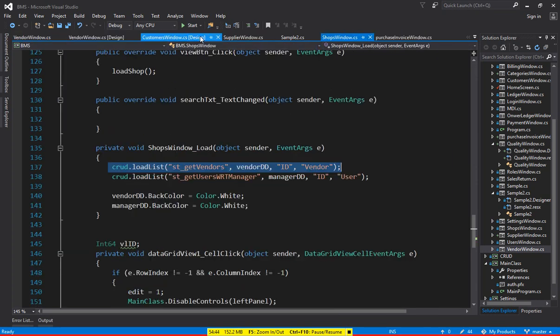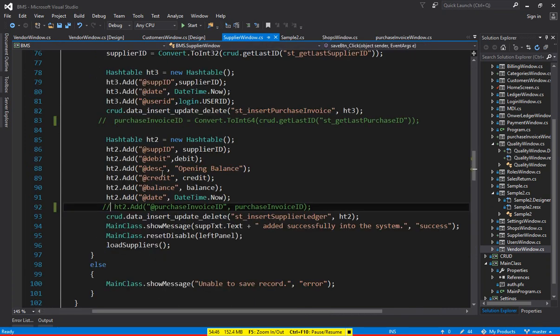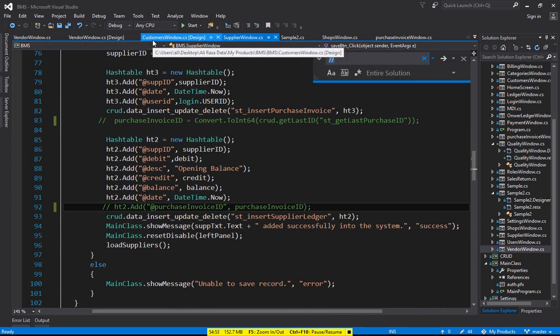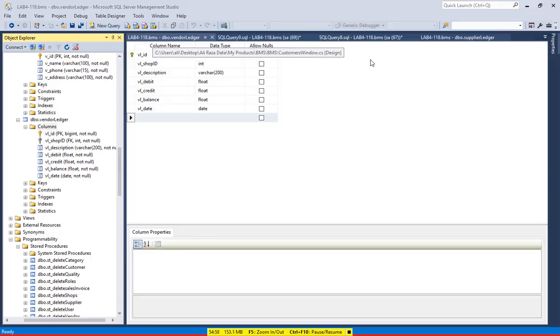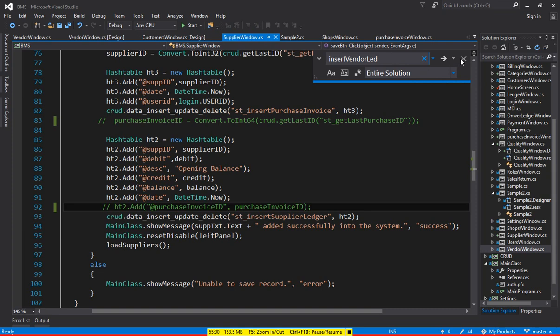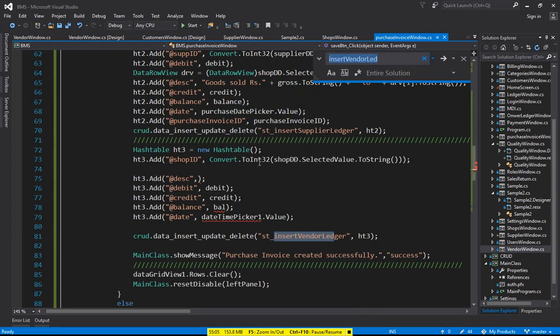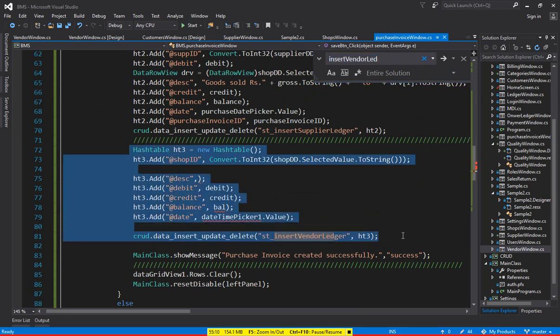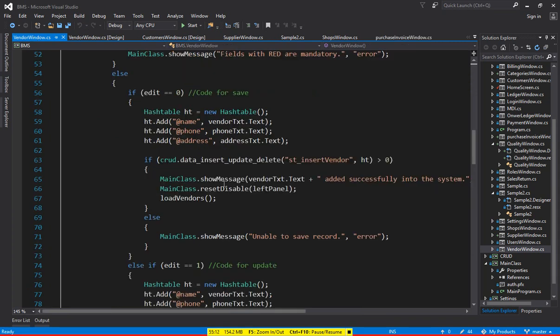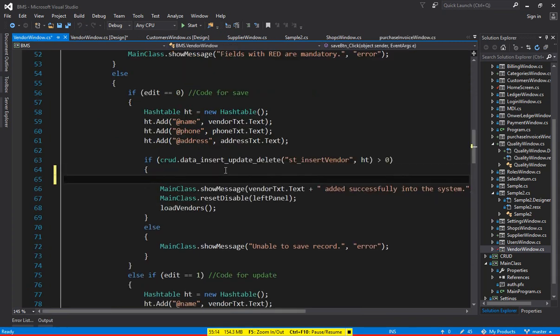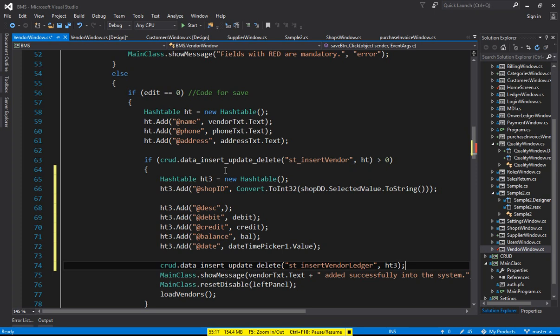Let me copy that vendor ledger code. Where is that? It is the insert supplier ledger where we have the vendor ledger. Let us find it. Insert vendor ledger, search it. Here you have the insert vendor ledger. Copy it and go in the vendor. After inserting the vendor, we have to paste it here and